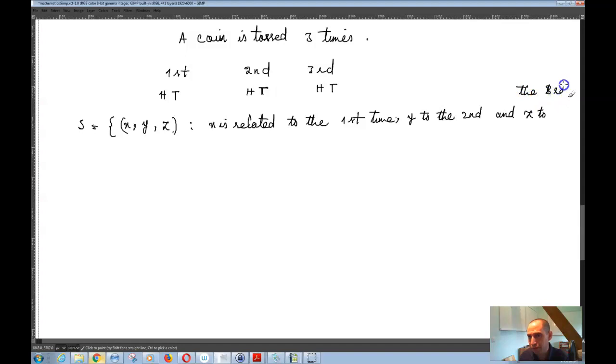So you could describe the sample space for this experiment as this. So you have these triplets, and your triplets would be, now it's important,